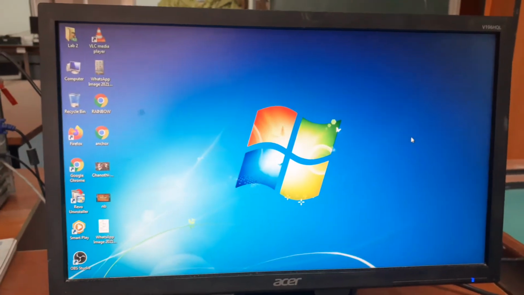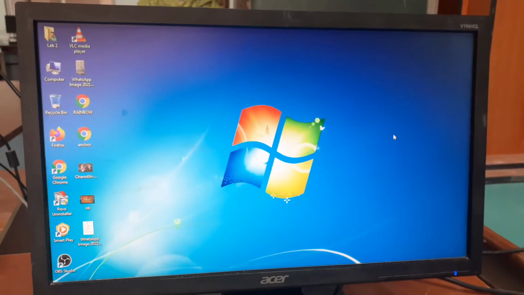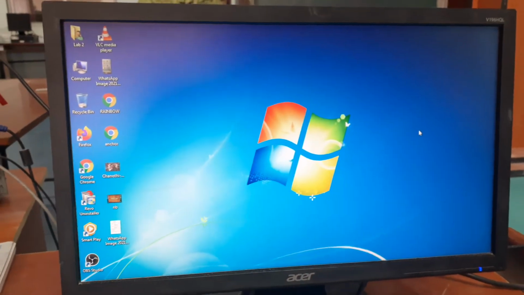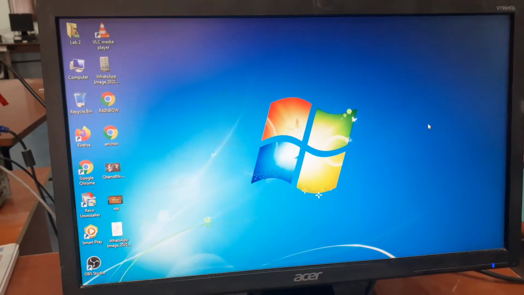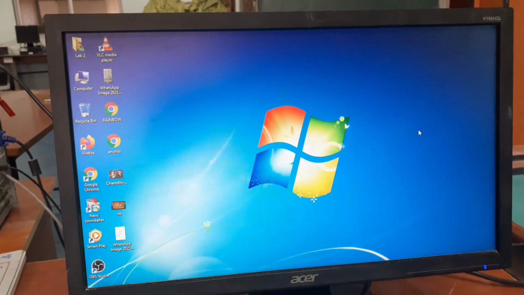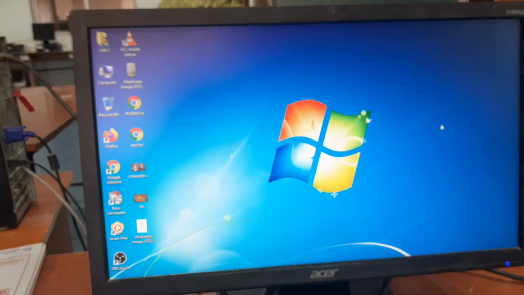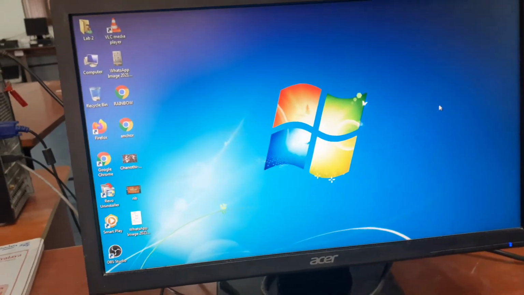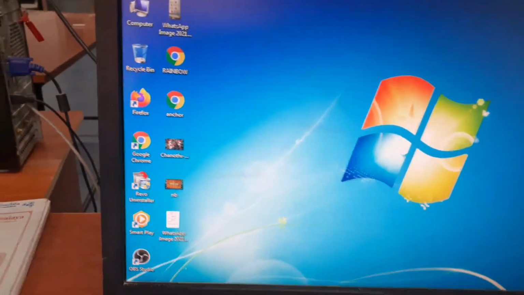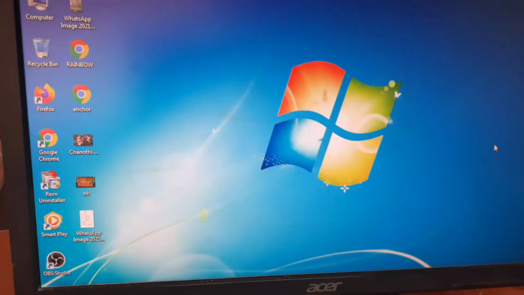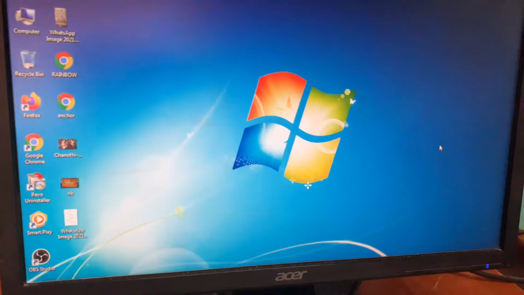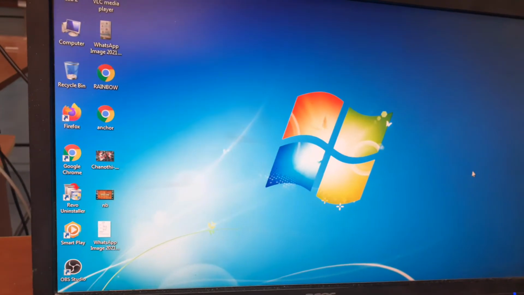So children, in the last practical video we learned how to move a file and folder and how to copy a file or folder, right? Now we will see the next topic, page number 38, rename a file or folder. Right children? The next topic is rename a file or folder. So children, we have created the main folder sports, and in that we have created two subfolders, indoor games and outdoor games, right?